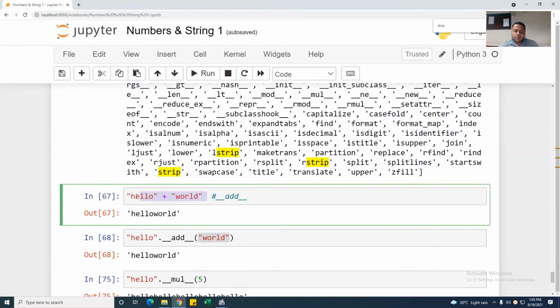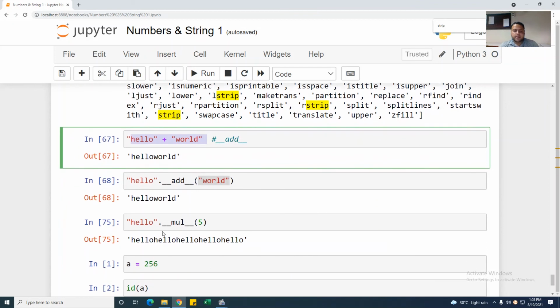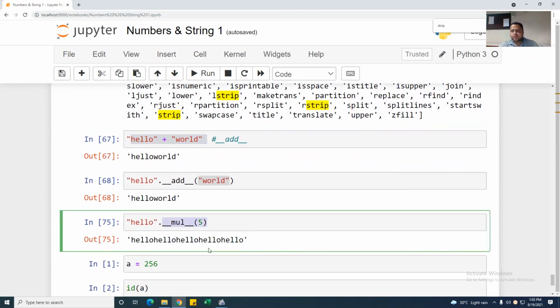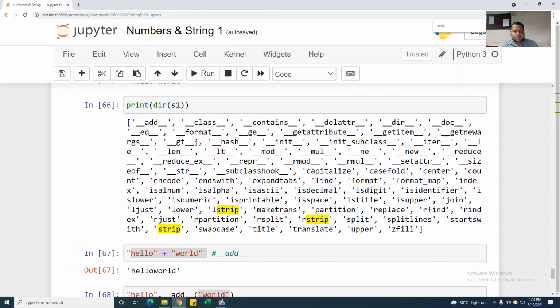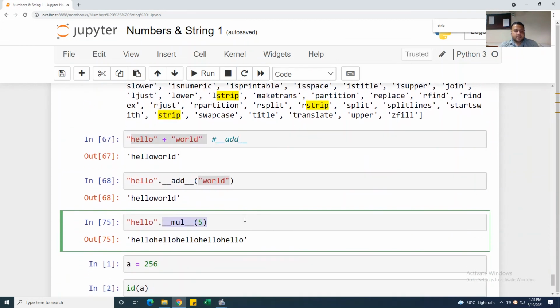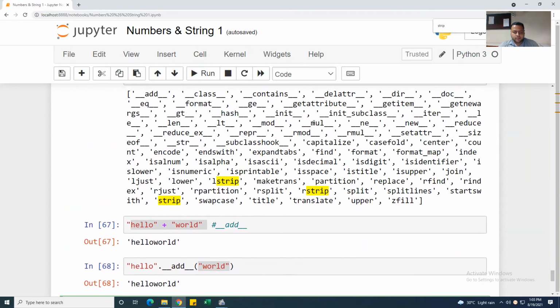Hello dot mul 5 times: if you want 5 times, you can write star then 5. It will be okay. And if you write the function mul, which is mentioned over here, then it will be okay, right?